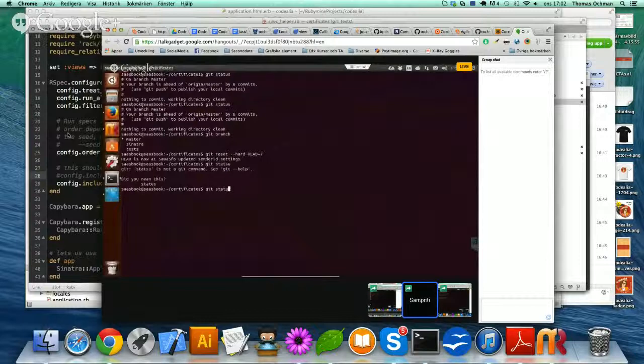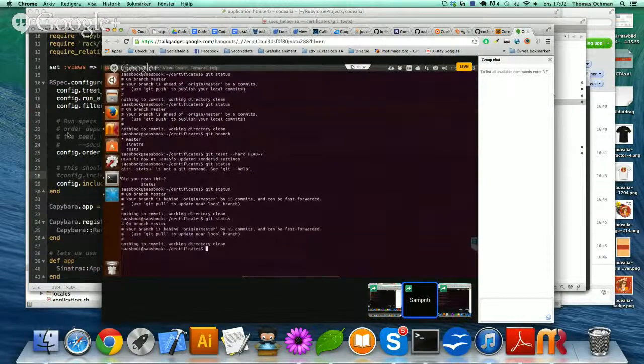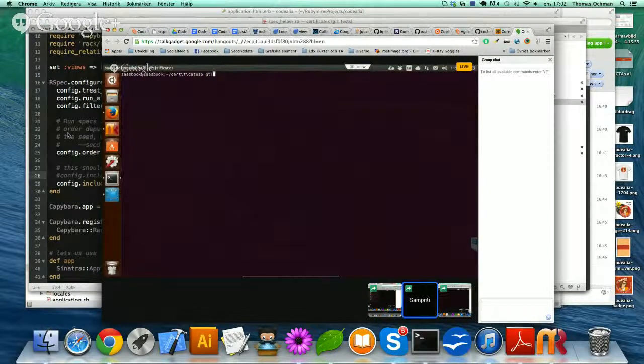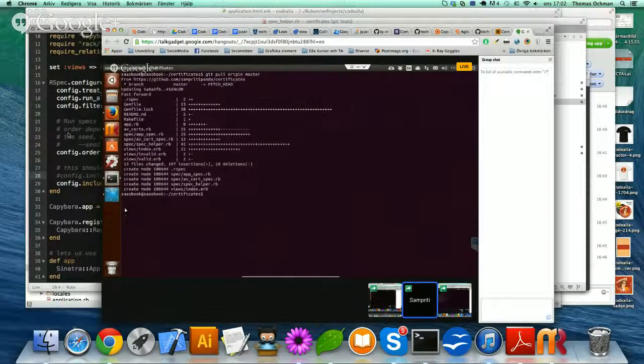Status. Okay, and now I'm behind by 15 commits. I'll just delete it. It's okay. Now you can pull. Git pull origin master, and git status, ls spec.